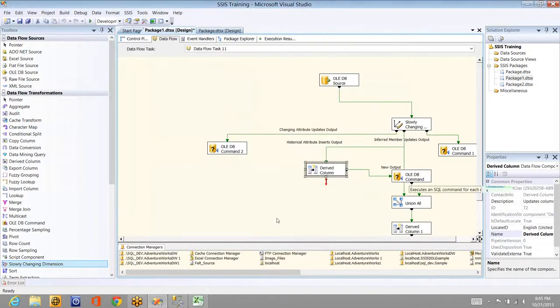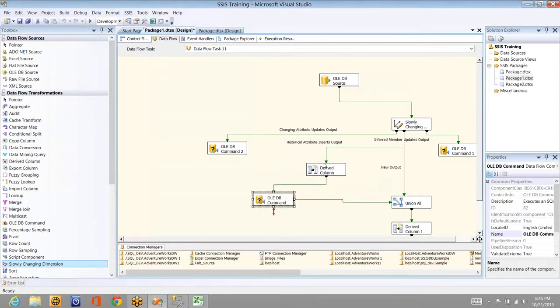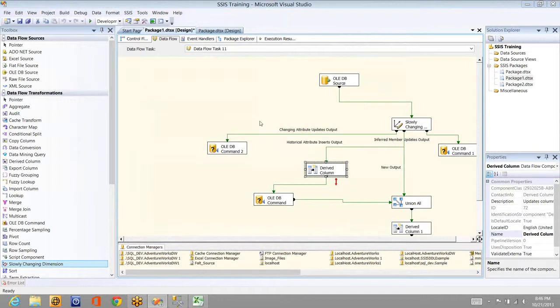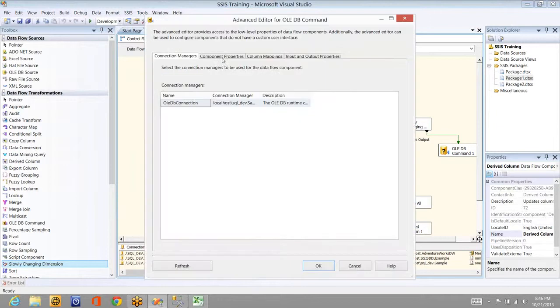That means if there is any record which is already available, and the column value is set as a historical attribute, if the value is changed, then it has to derive a column with the value 0. You have to set 0 to the current one. Okay, and here let's see what's happening.